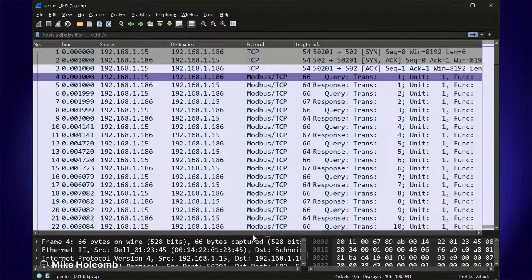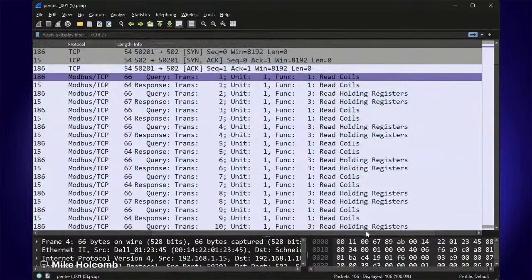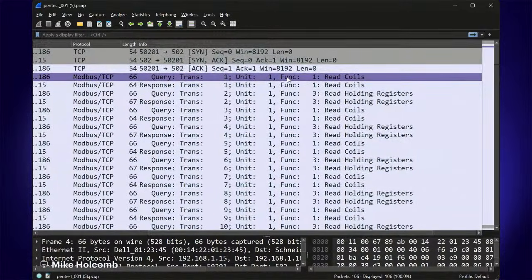This is where Wireshark has these parsers that are built in. It looks at the data, the ones and zeros that are being sent over the wire, and then interprets them. It parses or dissects them